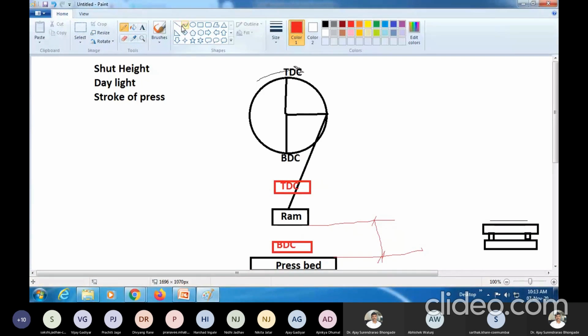So in short, the stroke is nothing but this particular distance. So stroke of a press will be like this. So this is the stroke of the press, and that stroke can vary, and it will be dependent on the type of operation, right?